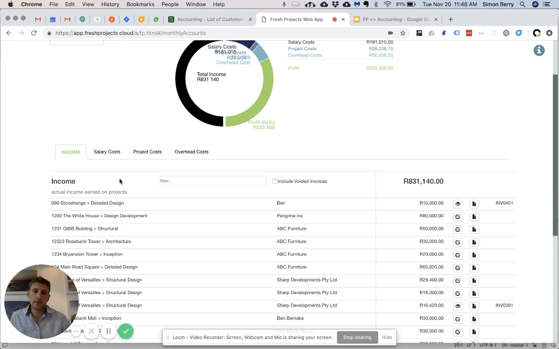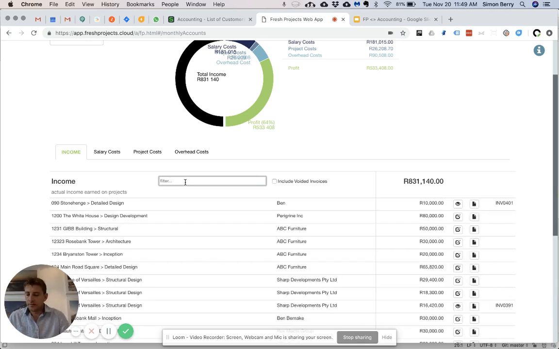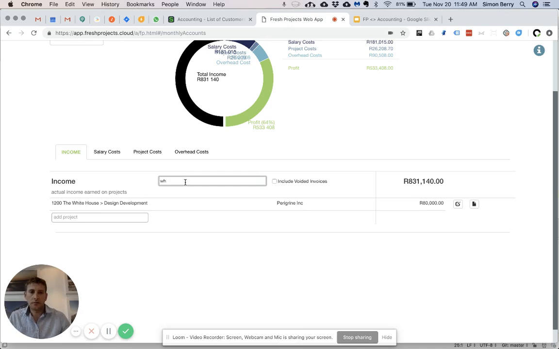The income is all your invoicing. You've got your salary costs, which translates the time sheet costs that are coming into your company, and then project costs, which we're going to go through later, which is your expense claims that we're going to be pushing through. Okay, so let's go through and create the invoice. So I just want to see we don't have any invoices already set up for the White House. In fact, we do. We've got the 80,000 Rand invoice set up for the White House,